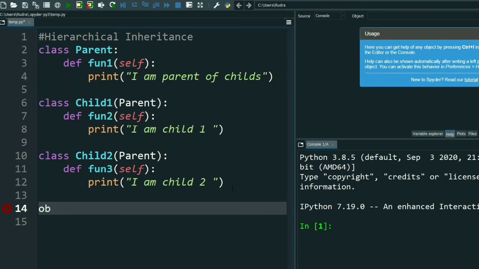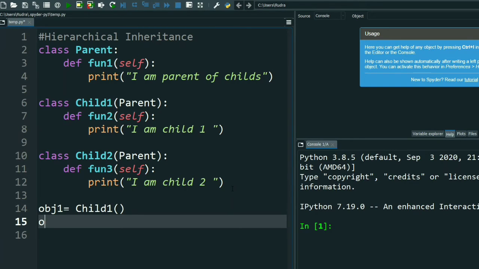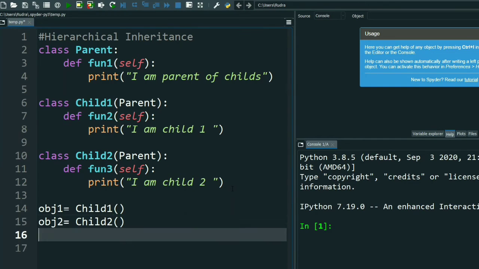Now we have to do object declaration. Obj1 equals child 1. That's it. Obj2 equals child 2. Done.